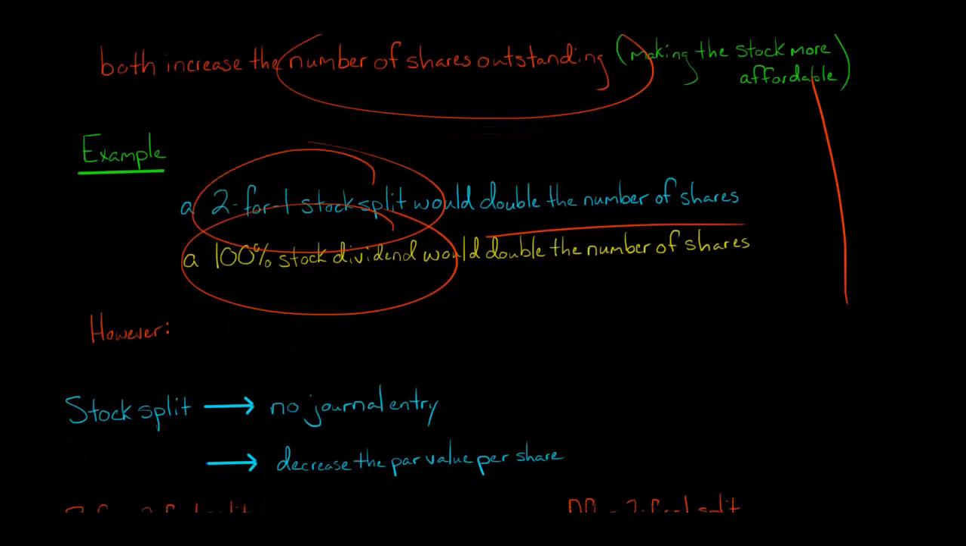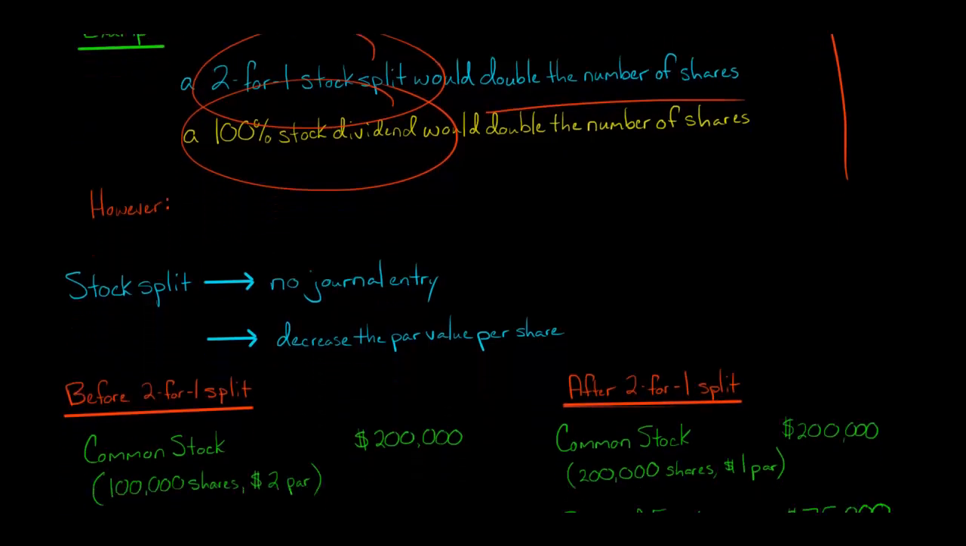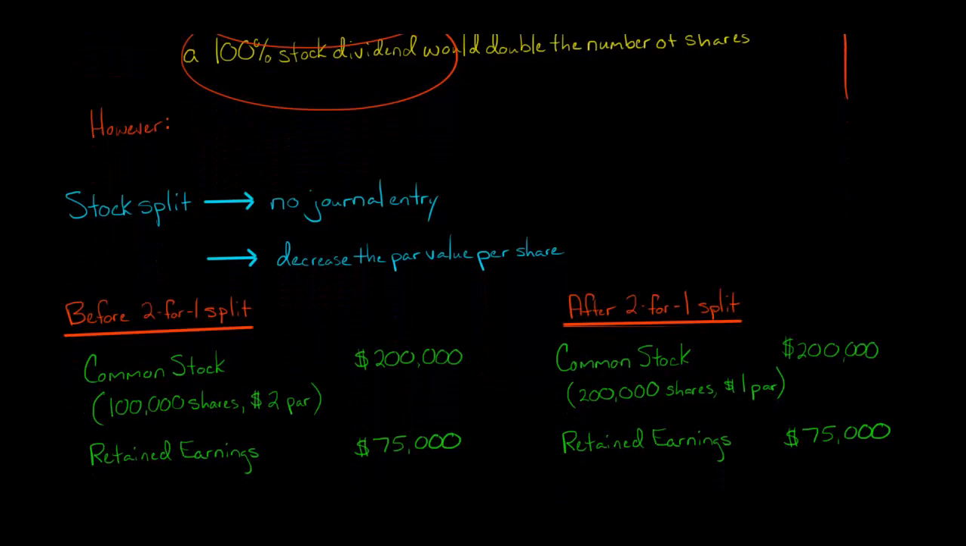a lot of differences. For example, with a stock split, you don't have any journal entry, so there's nothing to record into the financial records. However, you need to note that it's going to decrease the par value per share. So here's an example. Let's say we had a 2-for-1 split. Again, 2-for-1 split means if a typical shareholder has 100 shares, after the split, they have 200